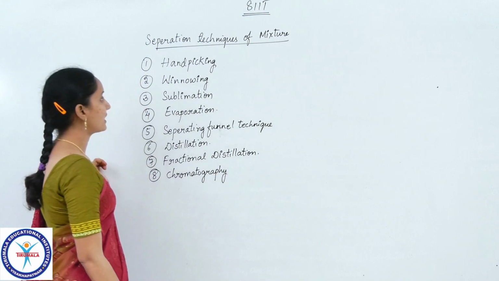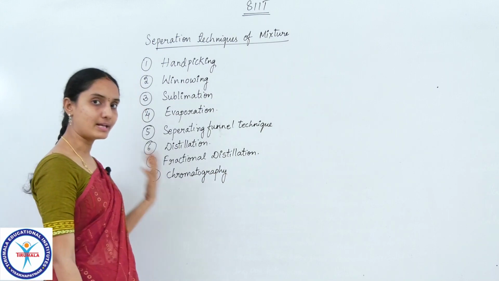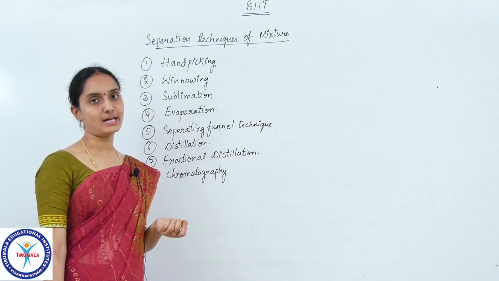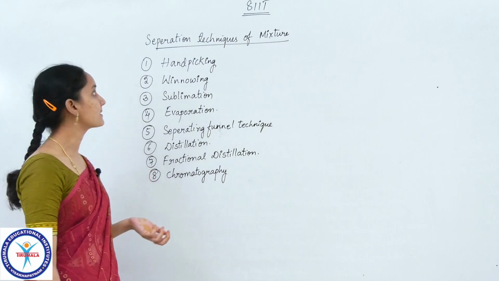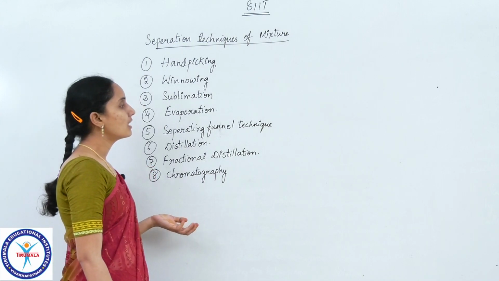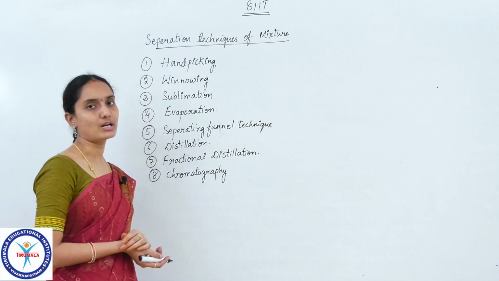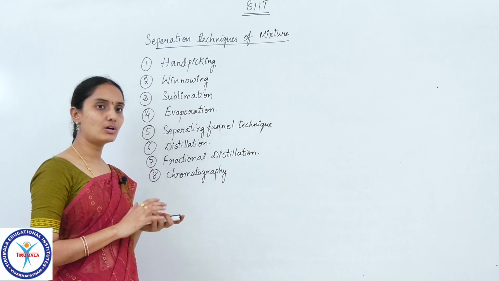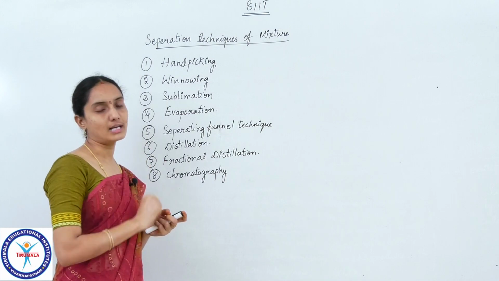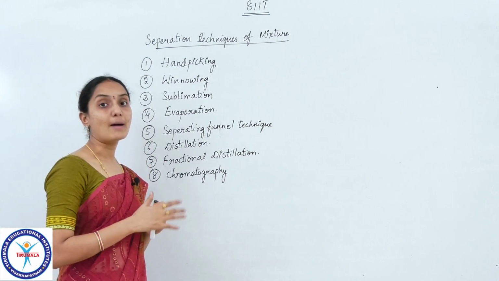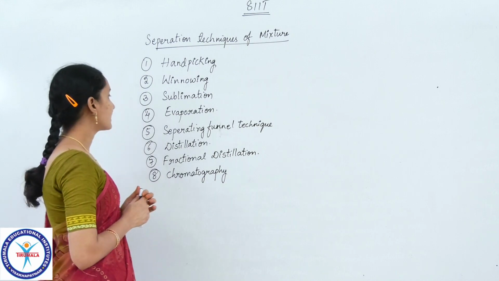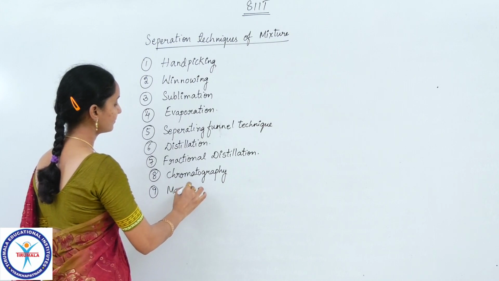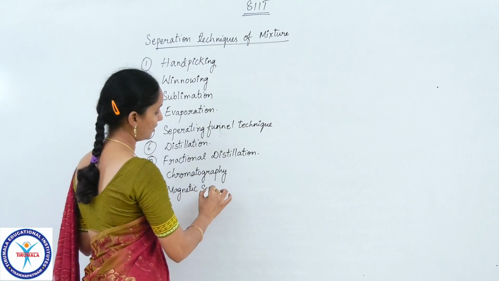So these are the most important techniques which are used as separation techniques in many industries in order to separate the different components of the mixtures that are obtained in their reactions or chemical processes. So first and foremost, you remember one important point, children. Not all separation techniques are suitable for all types of mixtures. So according to the mixture you have to select the separation technique that is applicable for it. And besides this, you have another technique also, children, that is magnetic separation. So that also you can use.